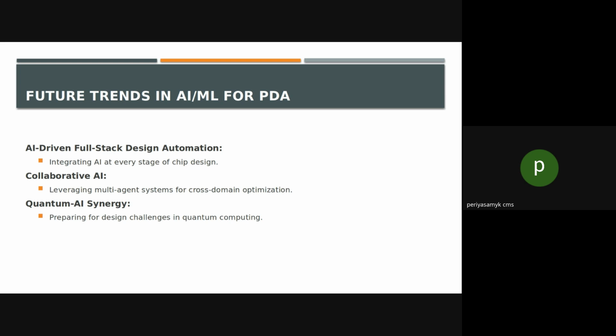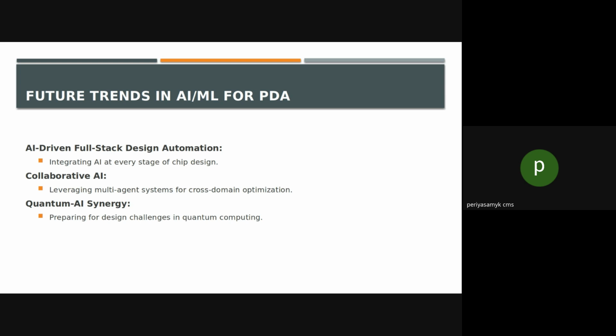Quantum computing and AI are both advancing rapidly, and a combination of the two could significantly change the landscape of chip design in the future. Quantum computing has the potential to solve optimization problems that are too complex for classical computers, making it well suited for tasks like design space exploration and complex multiple objective optimization. By integrating AI with quantum computing, designers could tackle challenges in chip design that were previously thought to be